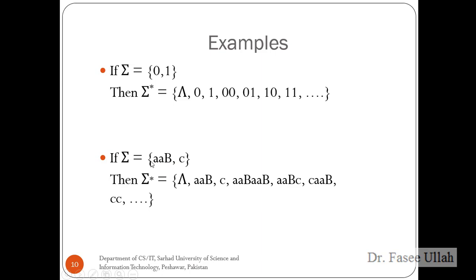We have another example for the Kleene star, a set which contains a, b, comma c. So how to make them in concatenation? We can say the empty string, the original set a, b and c. Then we have the original repetition again, a b. Then we have a b c. Then we have c a b and c c. So the same rule which we have used, the same steps, we should implement here to define all possible strings for the Kleene star.